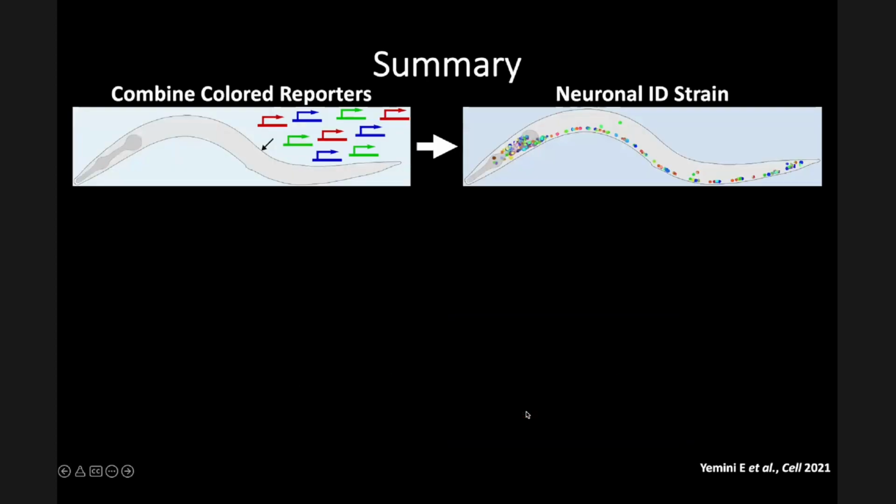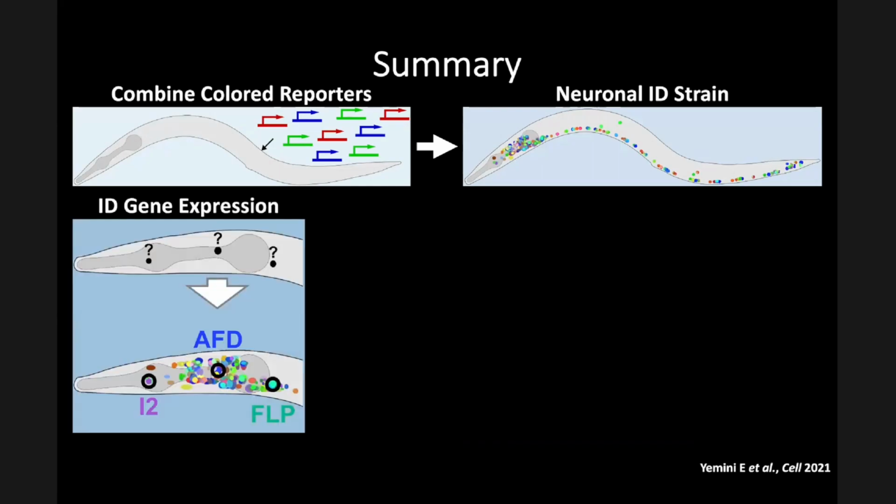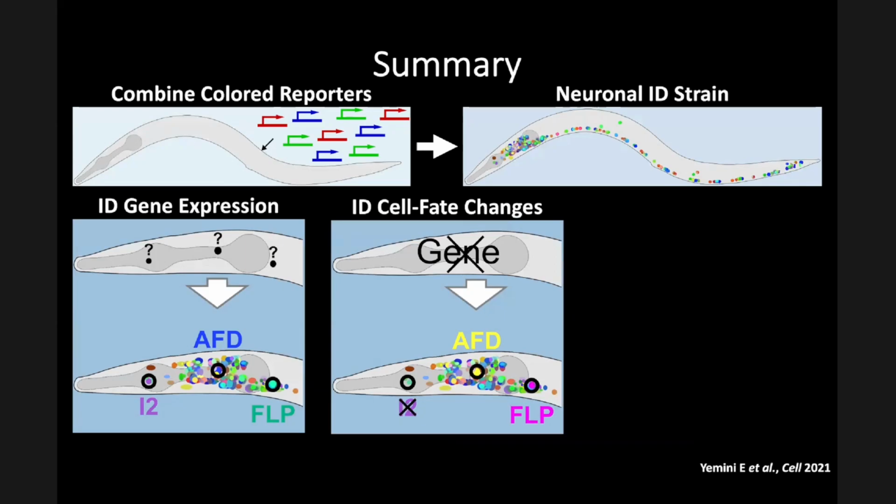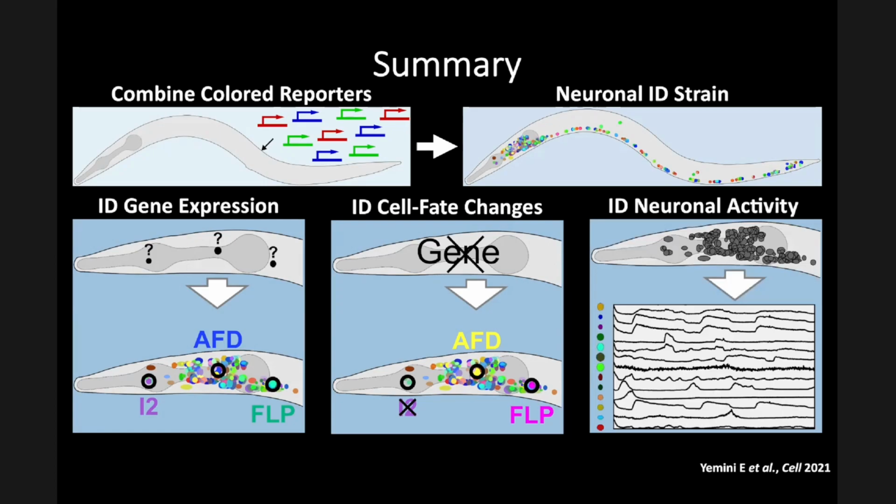And so in summary, I showed you how I combined these color reporters to produce the Neuronal ID strain, used it to ID gene expression for the connectome, for the metabotropic connectome and the GABA connectome, with surprising results for potential GABA communication, and also for the homeobox genes to identify where they are at. That was Molly's work. Identify sex differences, in this case, looking in an unbiased way across the nervous system to see where a particular transcription factor acts, and also this nice work from Tessa in looking at just-in-time differentiation and cell duplications. And then lastly, identify neuronal activity